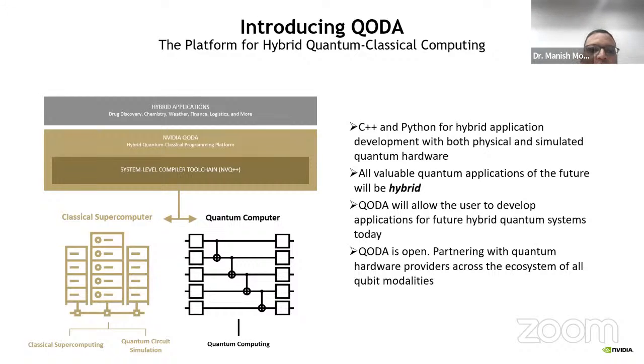Right now, everything goes on classical, mainly because quantum computers are limited in access and available to limited people. But it can be used. We are partnering with all the hardware providers, and there QODA is being ported. If the quantum computer is not there, we can use the classical supercomputer as a quantum circuit simulator, and we can use the same QODA. So tomorrow, when we have access to the quantum computer, there is no need to change much. The same QODA will allow you to run your application on a quantum computer.